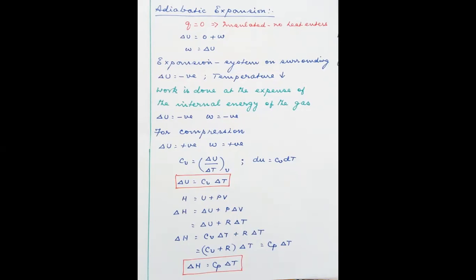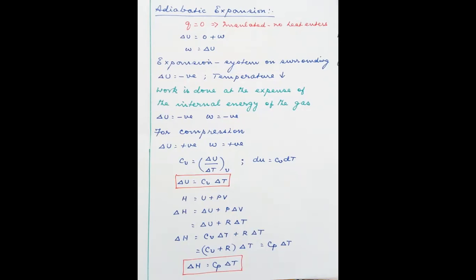But according to the mathematical expression of the first law of thermodynamics, delta U is equal to Q plus W. In this case, Q is equal to 0. So delta U is equal to W. So what is this? Work is done at the expense of the internal energy of the gaseous substance present inside